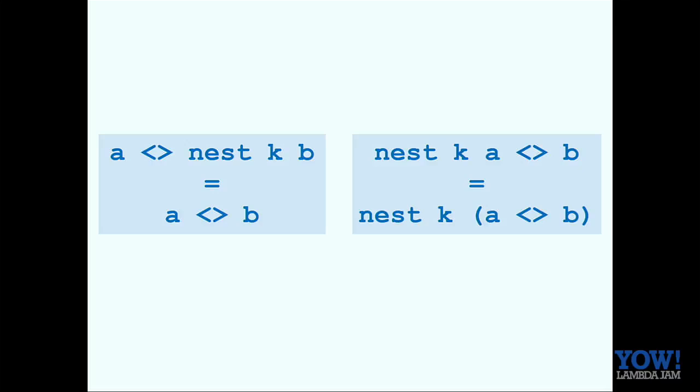And I used these laws both to guide the design of the combinators and also in the implementation. When you run my library, what it's doing internally is applying all of these laws to transform the document you start off with into the layout that you want to print. And then you need to choose the best layout as well.